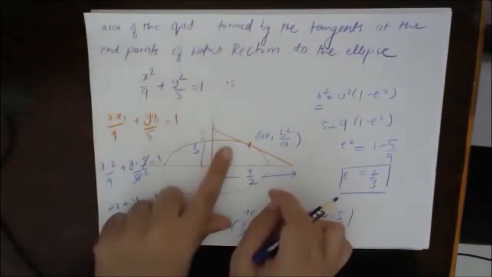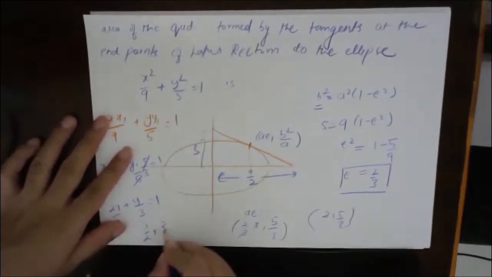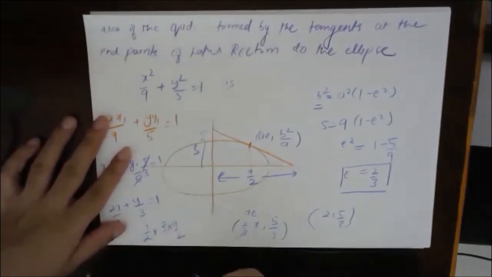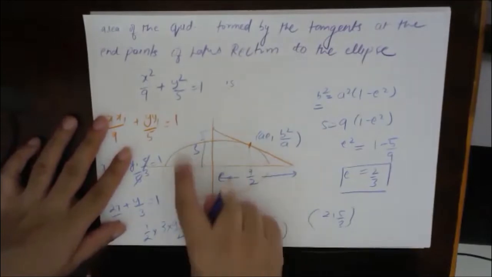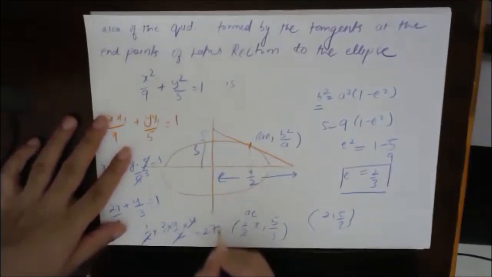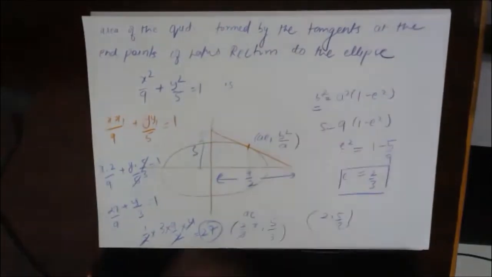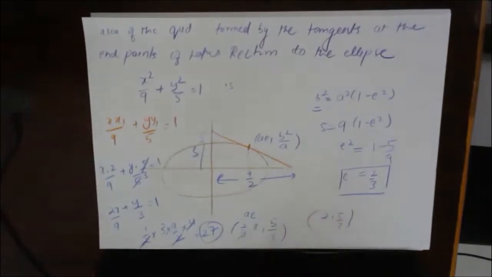Fine. So we got the height, we got the base. We can find the area of this triangle. So area of this triangle is half into 3 into 9 by 2, and into 4 will be the area of the quadrilateral. This gets cancelled. So 3 9s are 27. So the area of this quadrilateral will be 27. Okay, let's check this one. This was a 2015 mains question, right? And we'll move on to the next one.